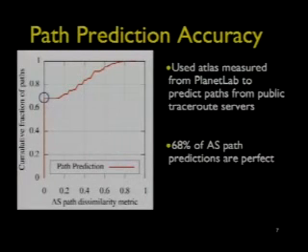So this graph essentially shows how well our path predictions work. The x-axis is the AS path dissimilarity metric, which is basically a metric we use for comparing two AS paths. All that you need to know is when the metric is 0, both paths are identical. And the y-axis is the cumulative fraction of paths. So here you see that for around 2/3 of the paths in our evaluation set, we are able to predict the AS path perfectly right.